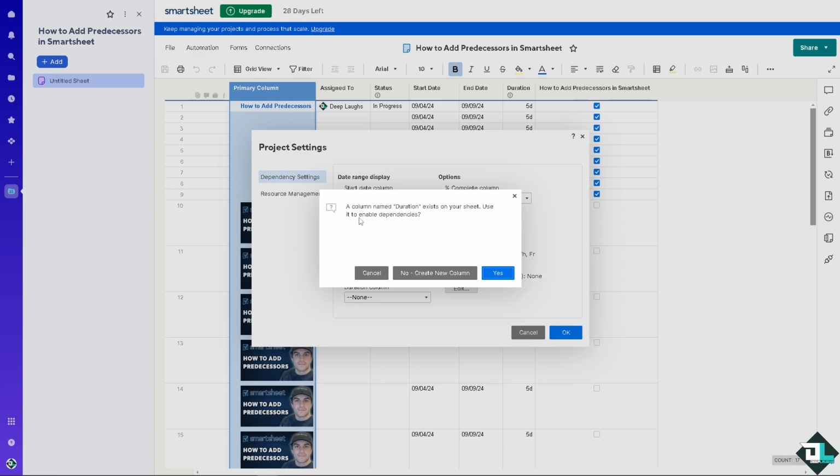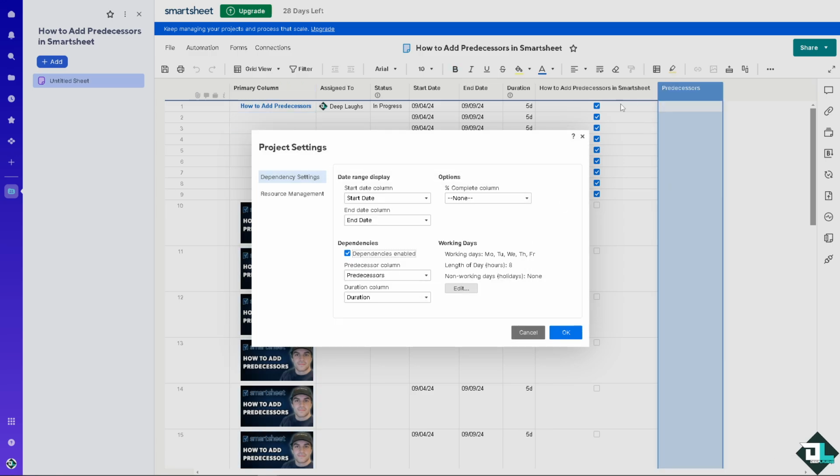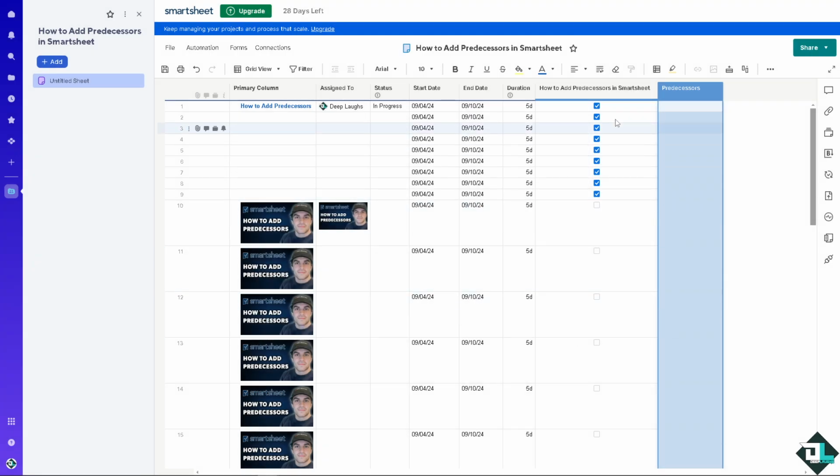Now, if you see a column named duration exists on your sheet, use it to enable dependencies. Yes. Okay. And while doing so, you see that the predecessors column has already been added as well. All right, it's a very straightforward process, and from here all I have to do is click on OK, and